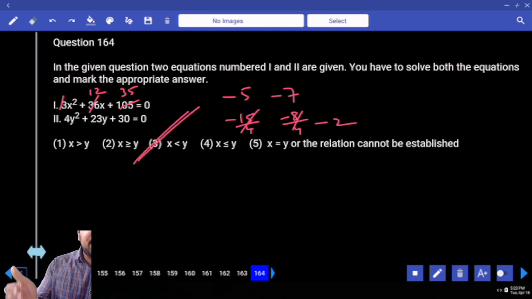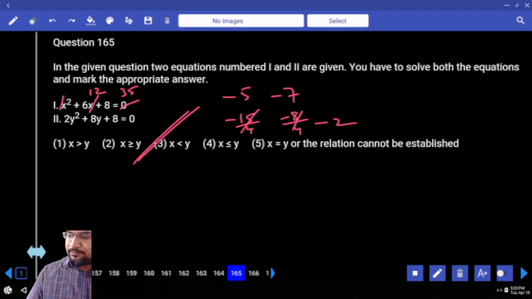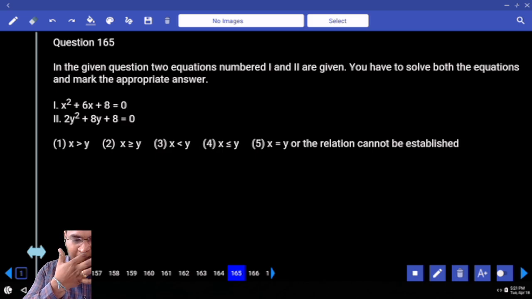So minus 3.75 and minus 2 both are greater than minus 5 and minus 7. You can say confidently y is greater than x. Y greater than x is nothing but x less than y. Shall I go for the next question? Next one. Tell me, 402, it comes outside minus 2 minus 4.